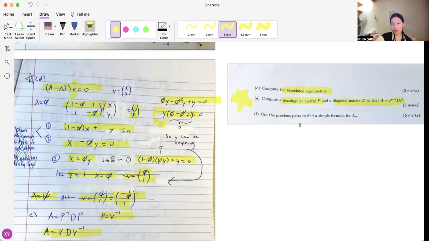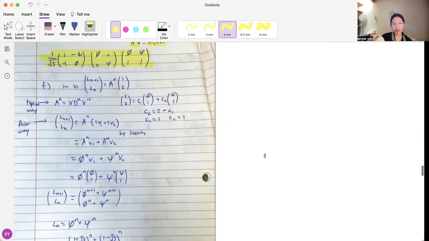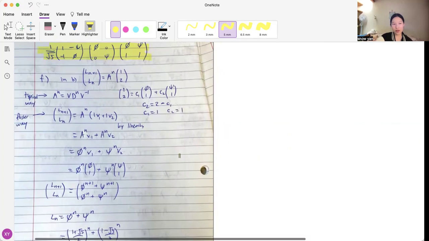And part F uses the previous parts to find a simple formula for L_n. This is worth 5 marks, but I don't think it's worth 5 marks, to be honest. I think it's worth maybe 3 or 4 at most. We know that in part B we got to this form. The typical way of solving these is A^n equals V D^n V inverse, and then just solve it that way. But I'd say a faster way here is to see that we can